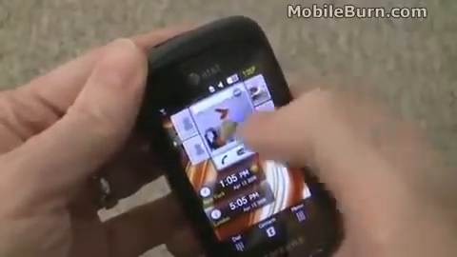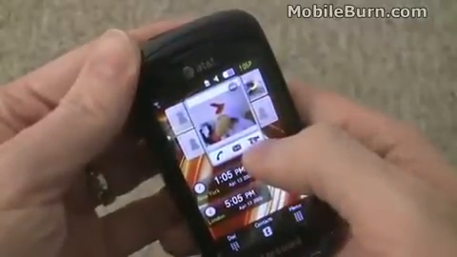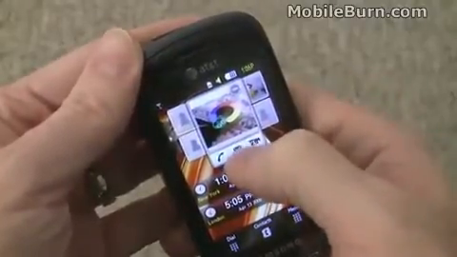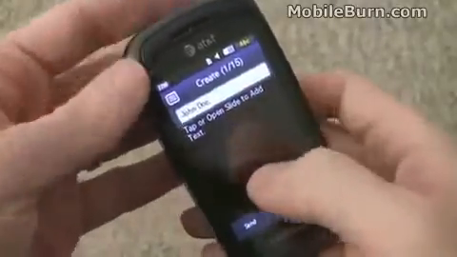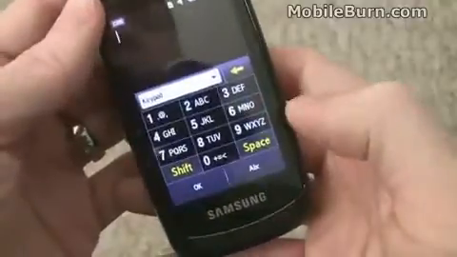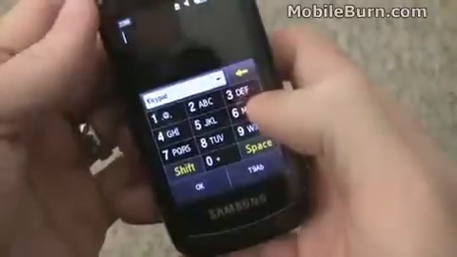If you tap on one, it gets activated here, and you have quick access to calling, messaging, or video share if you have that service on your AT&T account. So we can send John Doe a message just by tapping on this, and there we go. It's already pre-addressed. Go into the message, and of course we're in ABC mode here. We can go to T9 predictive text and go,